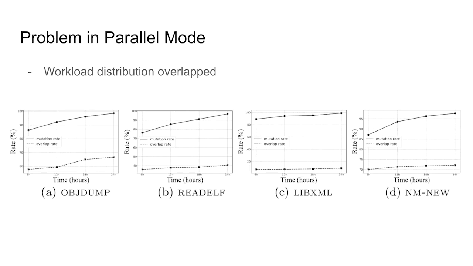Consider the result after 6 hours as an example. On average, nearly 20% of the seeds are never mutated. However, over 42% of the seeds received multiple rounds of mutations. From this experiment, we know that parallel fuzzing definitely brings in overlap, right?